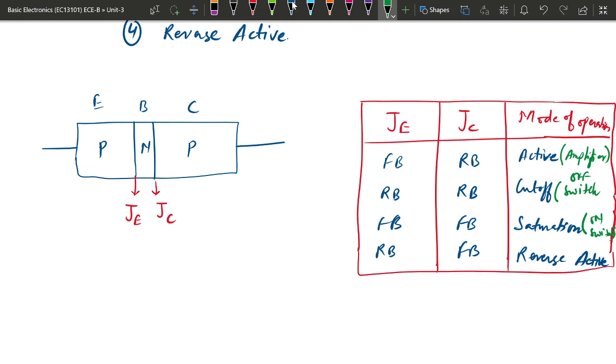So this is all about today's lecture. We will see the next basic, the active mode. Active mode of operation is one of the important ones, where the BJT is going to work as an amplifier. We will basically consider the active mode of operation of BJTs, and that will be more advantageous. We will analyze this active mode in detail in the next class.